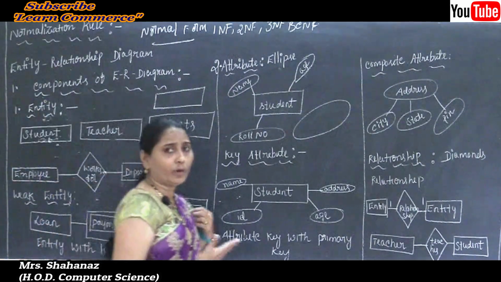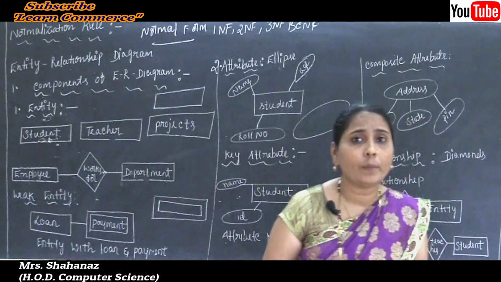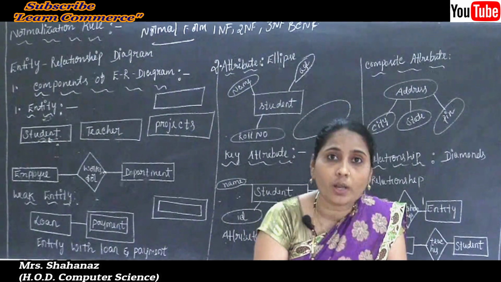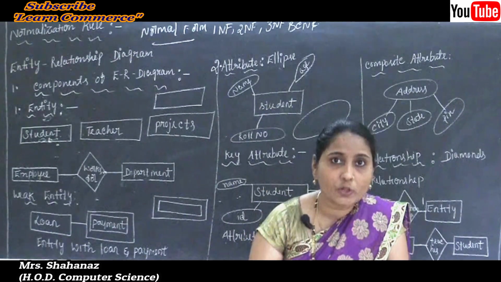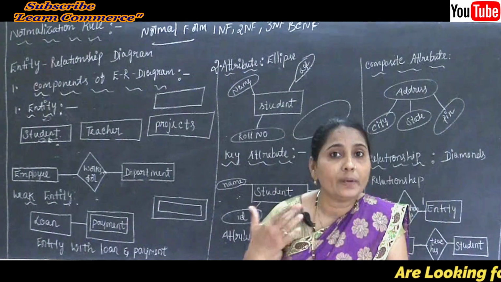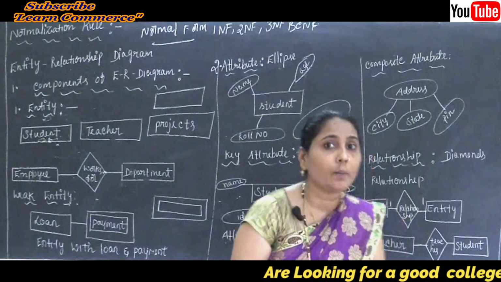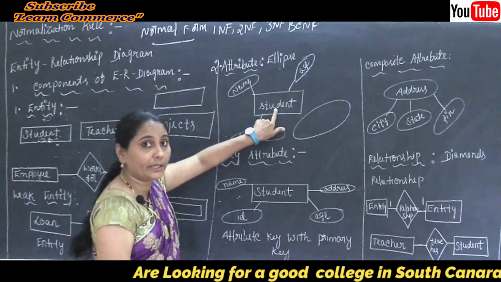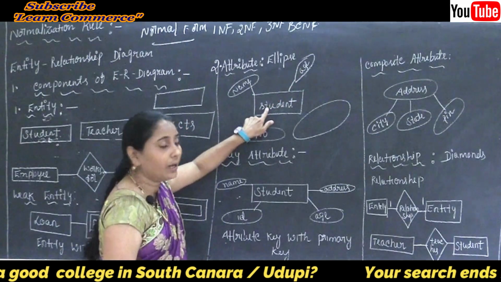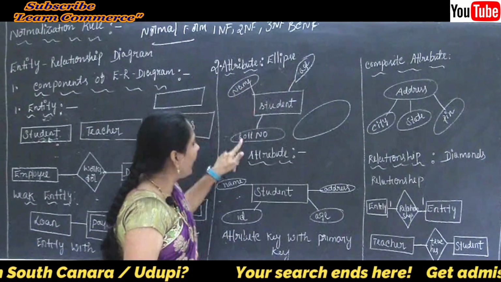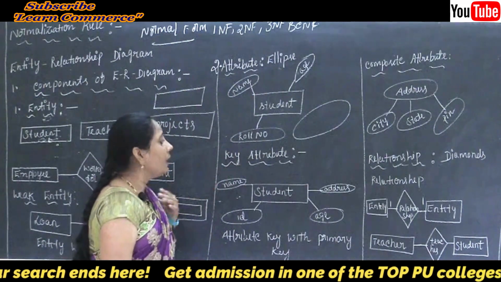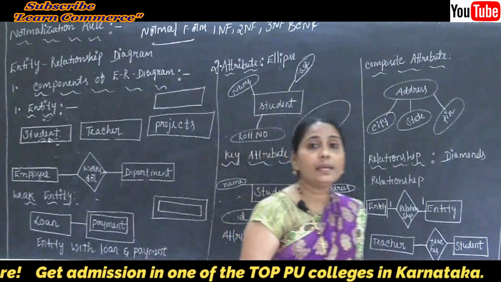So clear this point. What about the attribute here? Why? Because what are the columns we are going to use for the table? The columns are called attributes, and such columns are also called attribute fields here. So many names are there for the column. So in this example, the student is the entity, and some of the attributes of the student are the name, age and the roll number. Clear this point here.